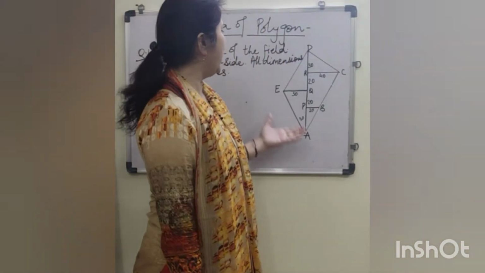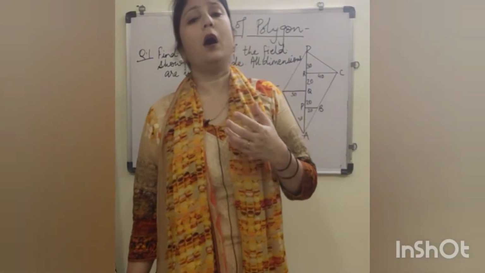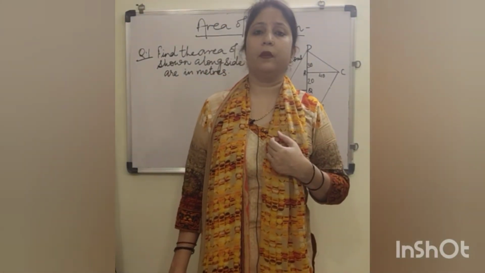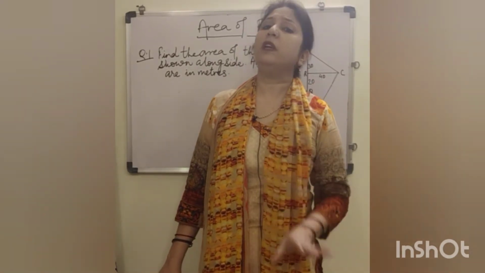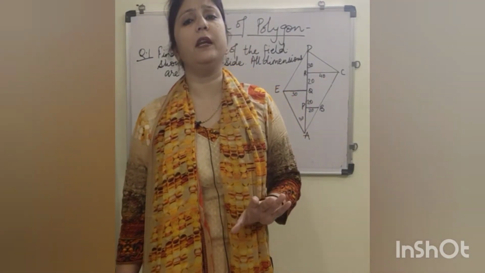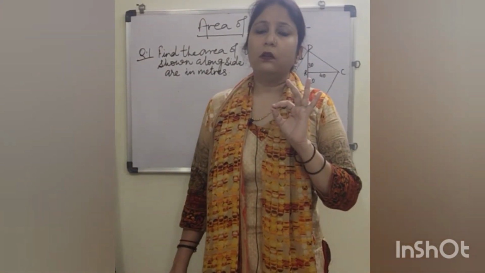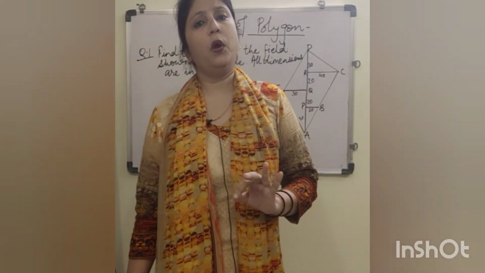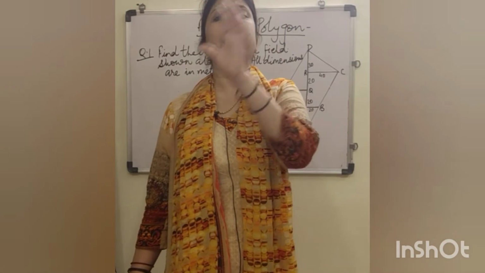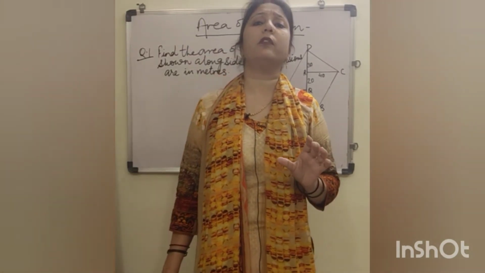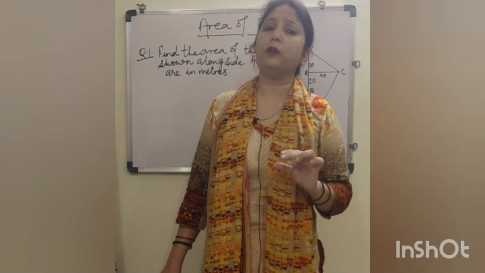So if this pentagonal field is given to you, how are you going to calculate its area? See, in general there is no formula for a pentagonal field. What we need to do is divide this pentagonal field into different figures for which you have formulae with you, and by using those formulae you calculate the area in different sections, and at the last, to find the area of this pentagon, we add up all those small areas which we are going to calculate.